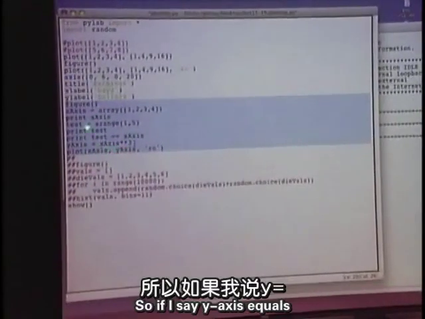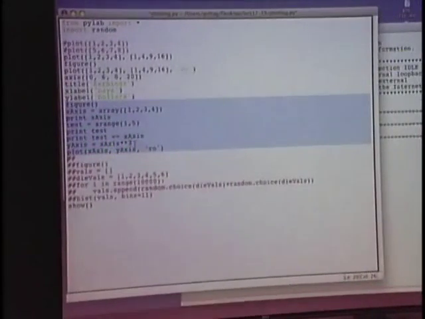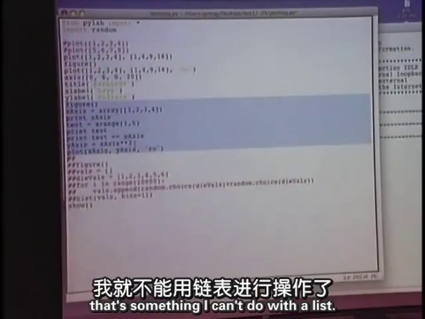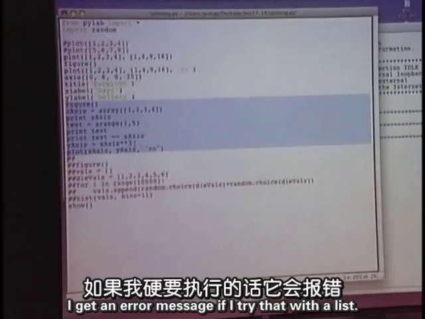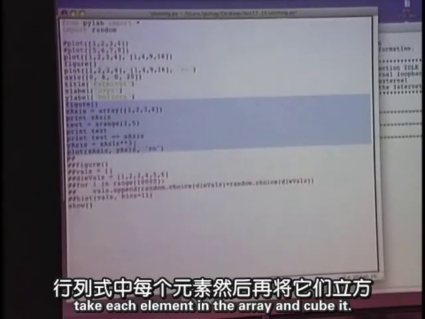So if I say y-axis equals x-axis raised to the third power, that's something I can't do with a list. I'll get an error message if I try that with a list. What that will do is pointwise take each element in the array and cube it.